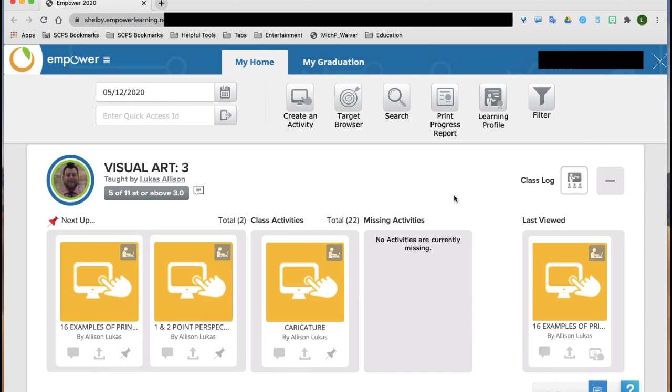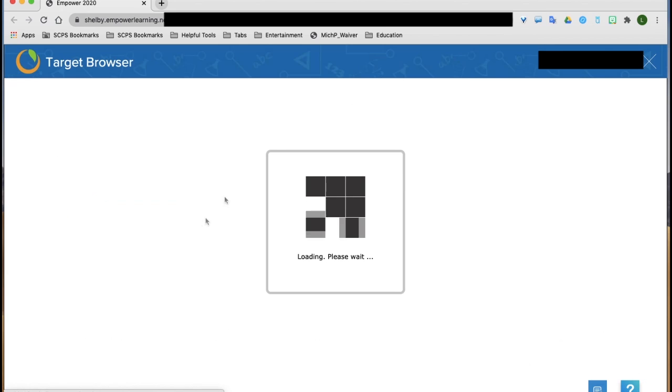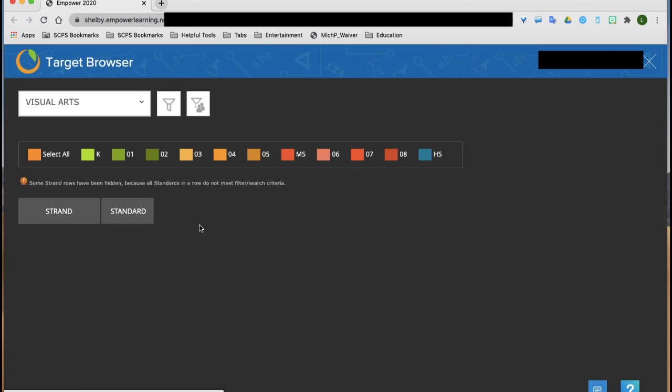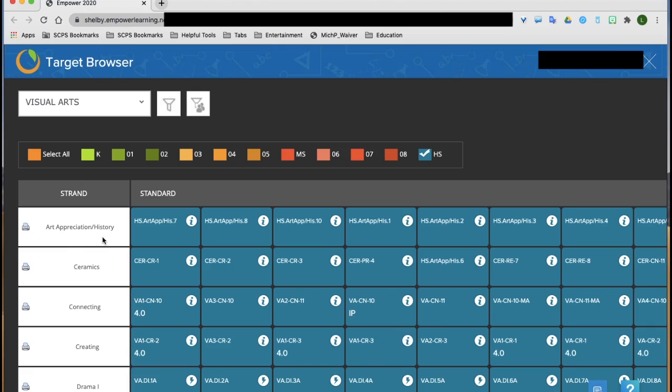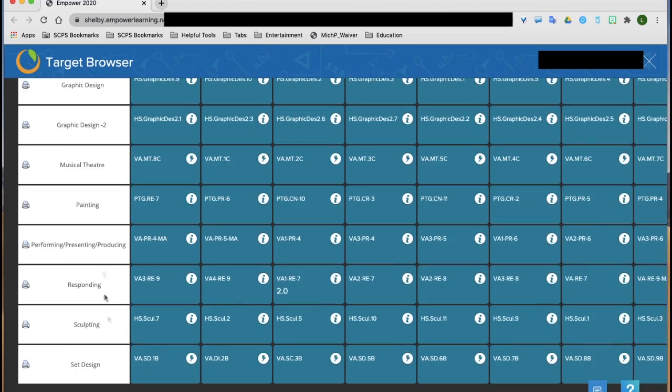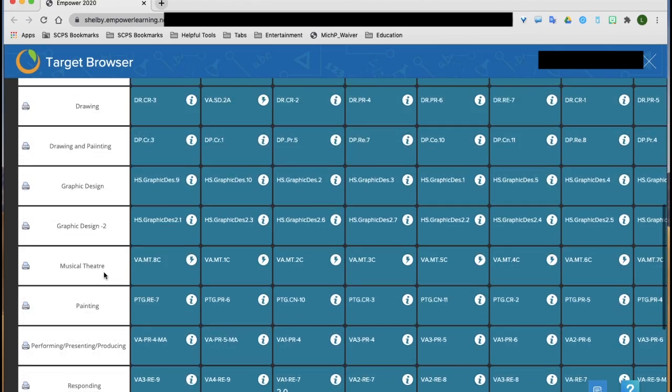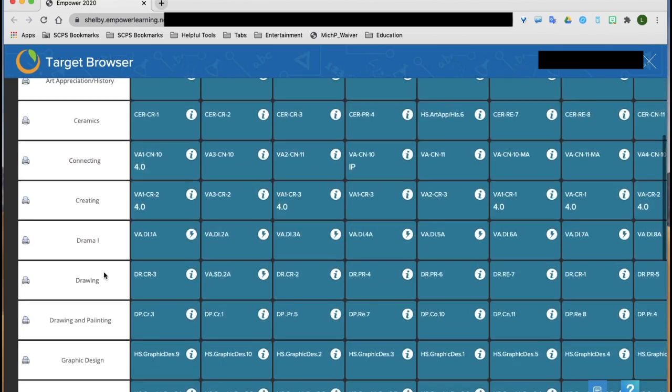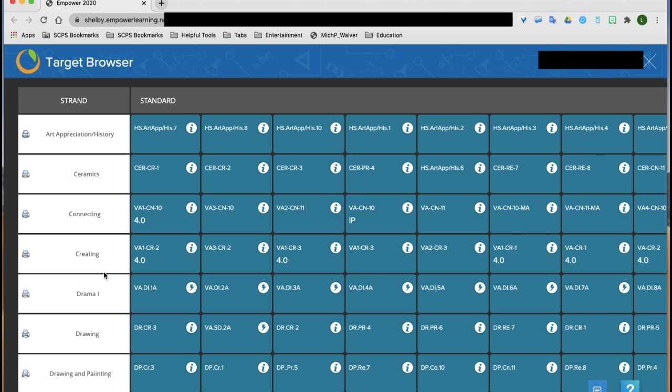Now the other thing that I want you to look at, and that you're going to maybe need to use, is this target browser. Okay, so if you click on this target browser, it's a really cool tool. You can select visual arts because that's what you're in, and then go ahead and select high school, and then you can come down here and look, all right, what class am I in? So I am in VA1, which is creating, connecting,